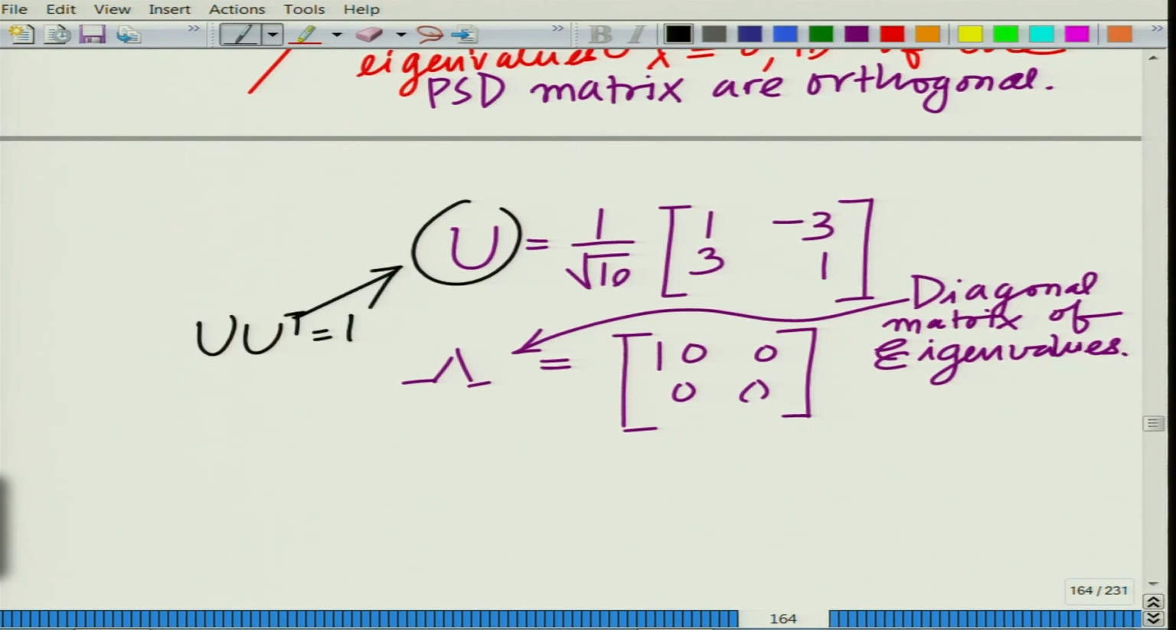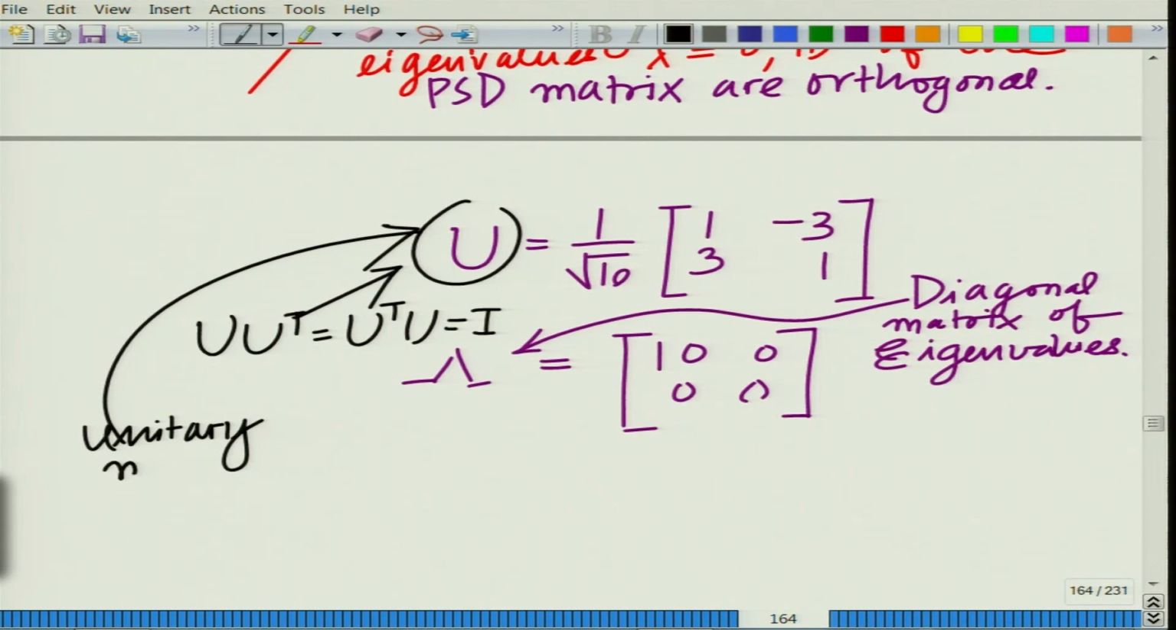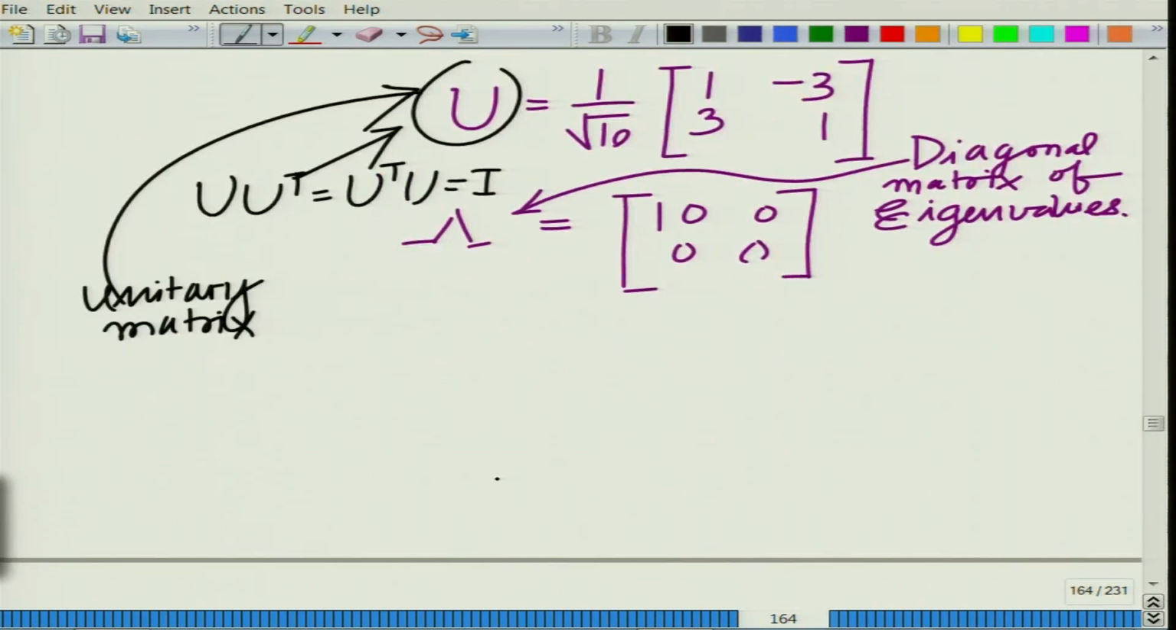In fact, you can see U is a unitary matrix: U transpose U equals identity. This U contains orthonormal columns. So, this is a unitary matrix, and therefore,